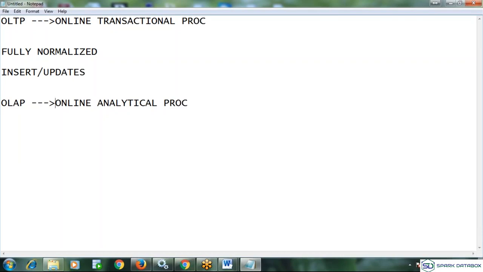So in online analytical processing, what do we need to do? Whatever information is available in OLTP, we need to fetch that information and process it according to our business requirements. In the final view, your business wants to see the data in the same manner, so we process our information and load it into one database system. That we call OLAP. It is huge compared to OLTP, which is a smaller one. In OLTP we maintain only a limited amount of data, while in OLAP I can maintain years of information.